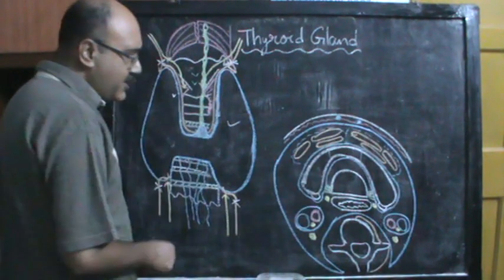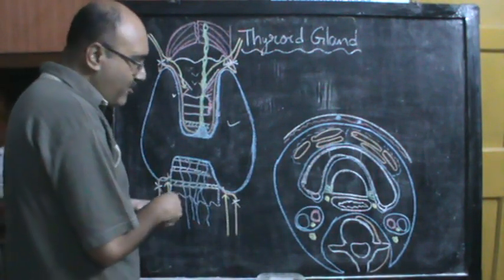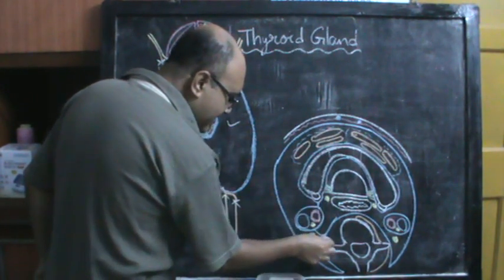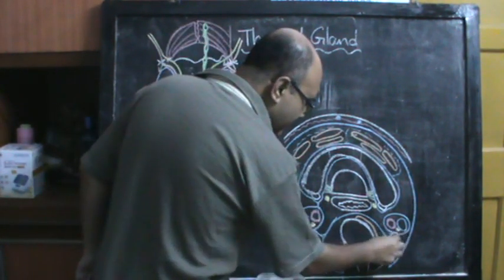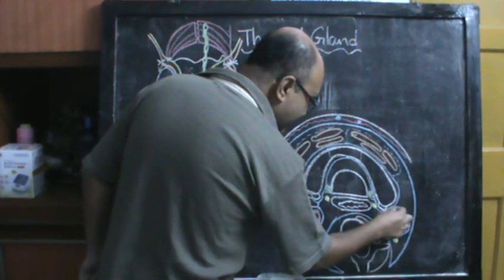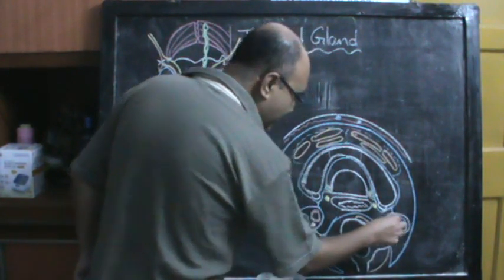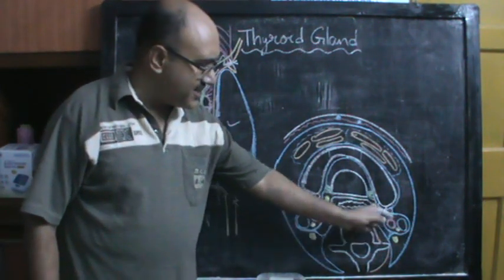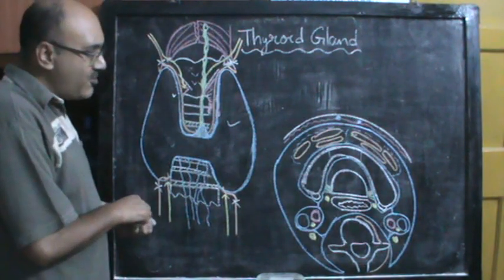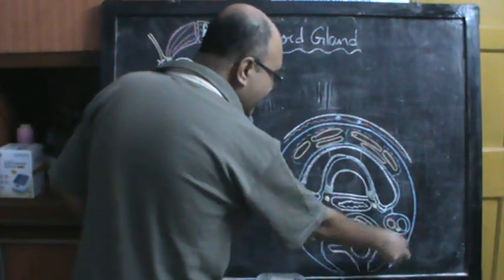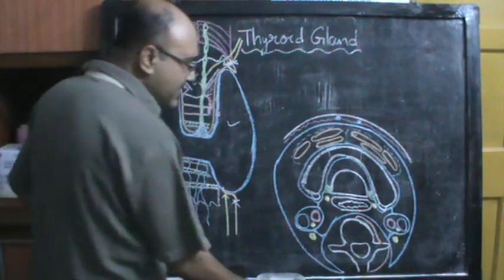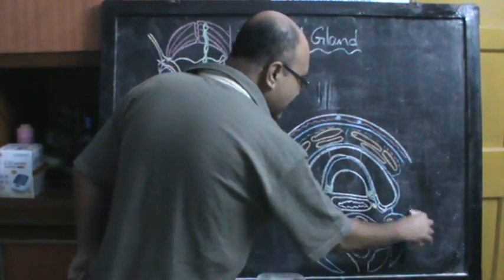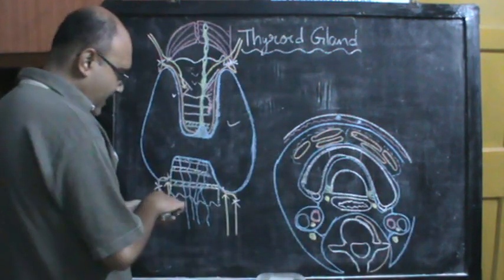So the carotid sheath is partly theoretically formed by an extension of the pretracheal fascia and partly by an extension of the prevertebral fascia. So carotid sheath, by traditional theory, is supposed to be formed by an extension of both the pretracheal fascia and the prevertebral fascia. Not only that, we have drawn the investing layer of the deep cervical fascia. Now this investing layer of the deep cervical fascia splits to enclose two muscles, the sternocleidomastoid and the trapezius.